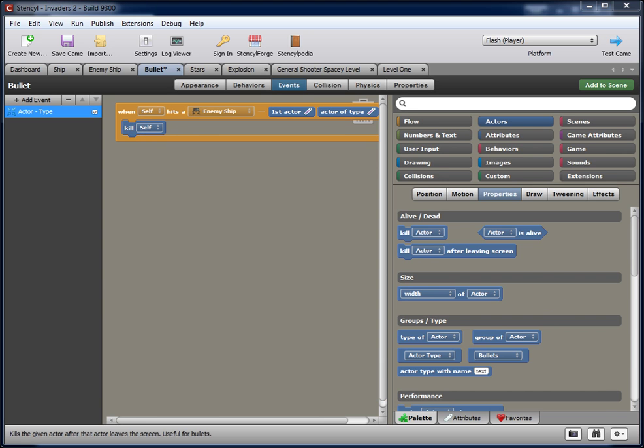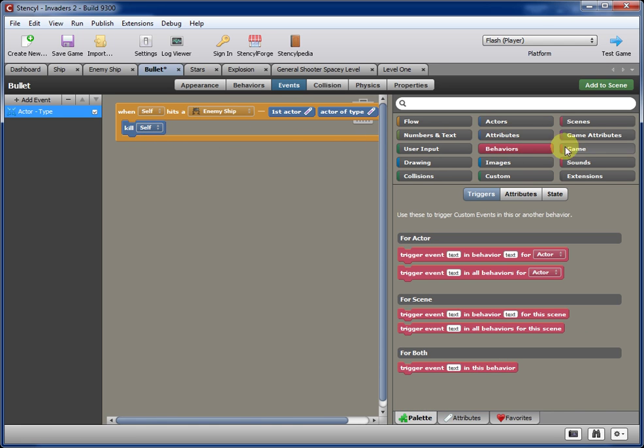The next thing we want it to do is, when it does this, we also want it to attack or hit the enemy ship, kill the enemy ship. We could just have it kill the enemy ship right here, but let's actually give the ship some health points and make it a little fancier. So what we're going to want to do here is trigger an event. It's under behaviors. So trigger an event